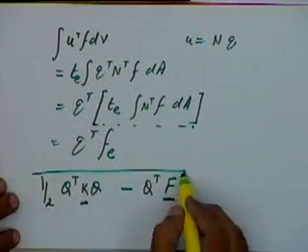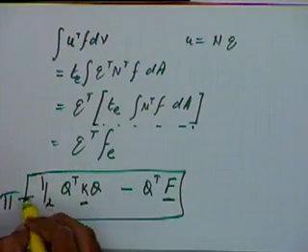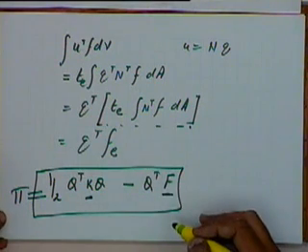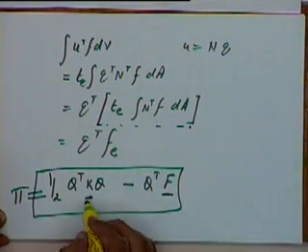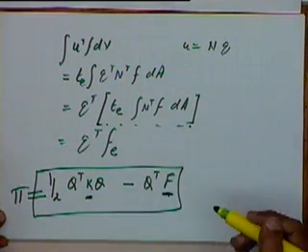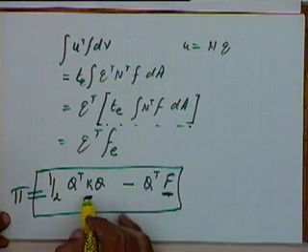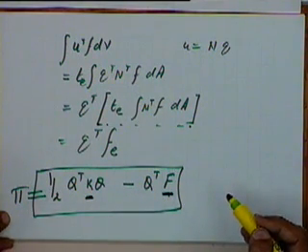Essentially, this equation remains the same. This is the expression for pi, and the process of solving it will also remain the same. But what changes is your shape functions and the process of computing K and F. We will see that as elements become more and more complex, the process of finding out these K and F matrices also becomes more and more complex. Any question up to this point?